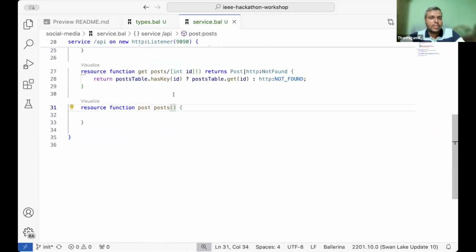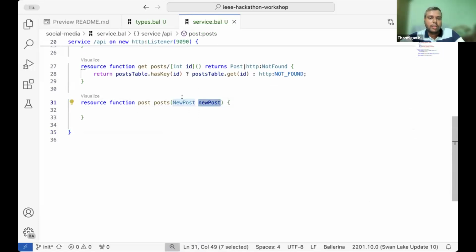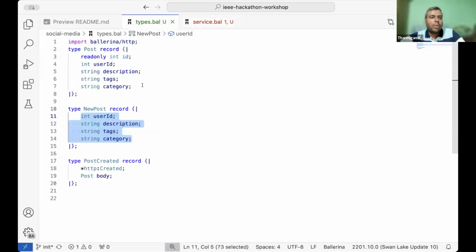So let's go back to this service, and I want to access the payload directly from here. So you can just put new post here. So when you have this, we will bind the request payload to this variable new post. And once this is done, you have to return post created. Okay, now let's try to implement this one. So we already have all the fields to construct the post in the new post. The missing one is an ID. So we have to